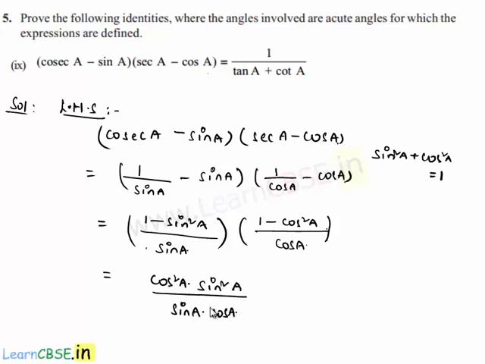Here if we observe numerator and denominator clearly, sin A cos A gets cancelled and it leaves the numerator as cos A into sin A. So finally we got the simplified form of LHS as cos A into sin A. Let us also find the simplified form of RHS, that is 1 by tan A plus cot A,